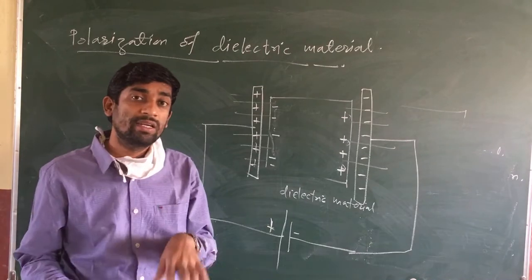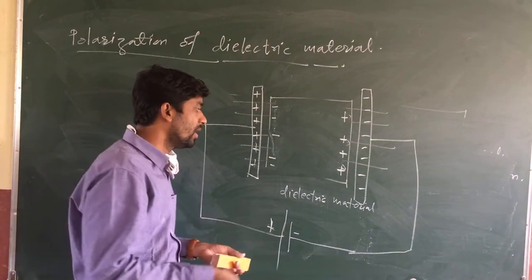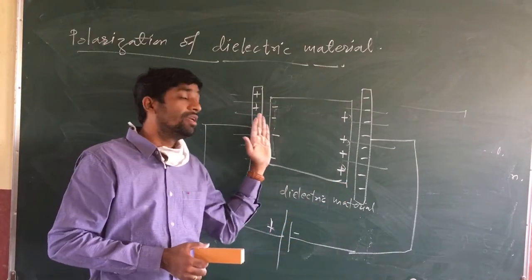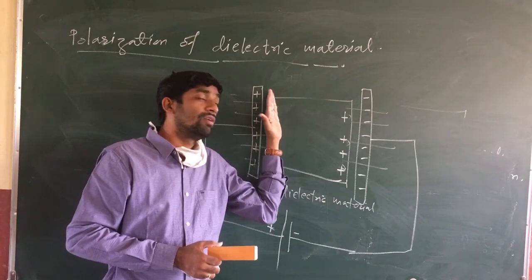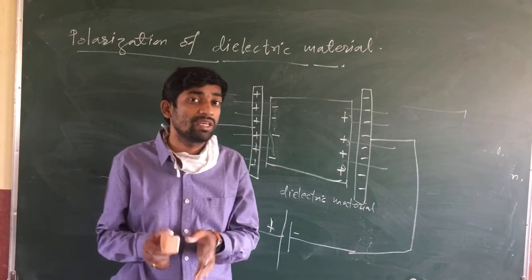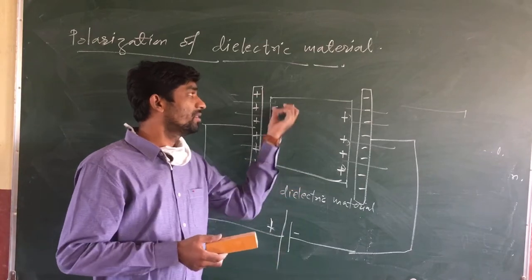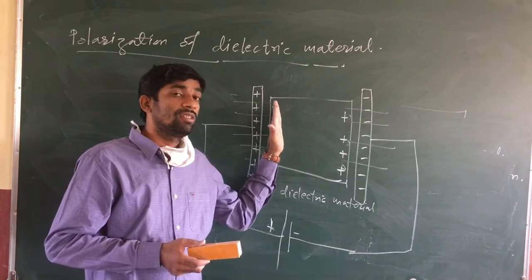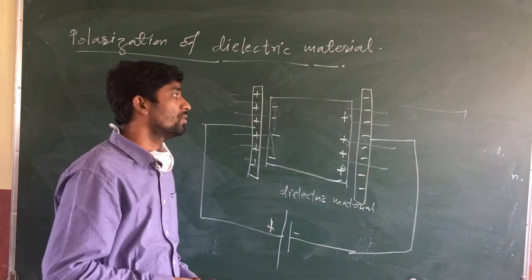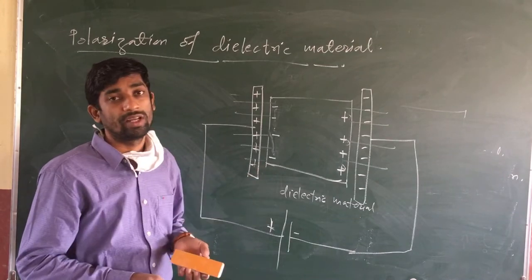So if any dielectric material is polarized, or placed in an external electric field, charges are induced on its surface, negative on one side and positive on the other. The remaining charges are there too, but they neutralize each other. In this way there is charge separation. So how can you write the polarization vector?